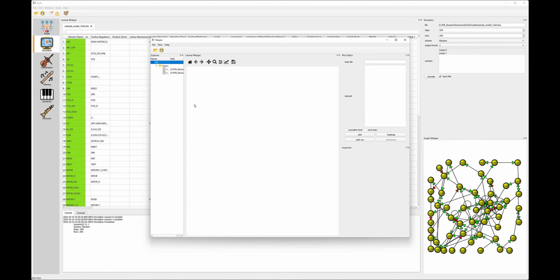And the results will be stored in trace text files. The viewer will show up to display the simulation results.